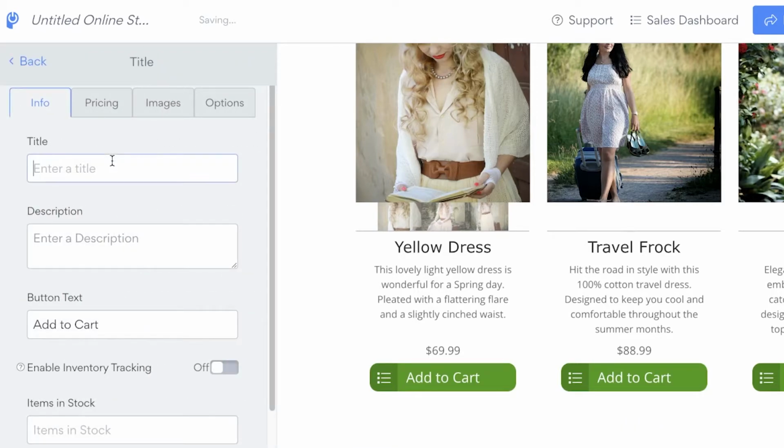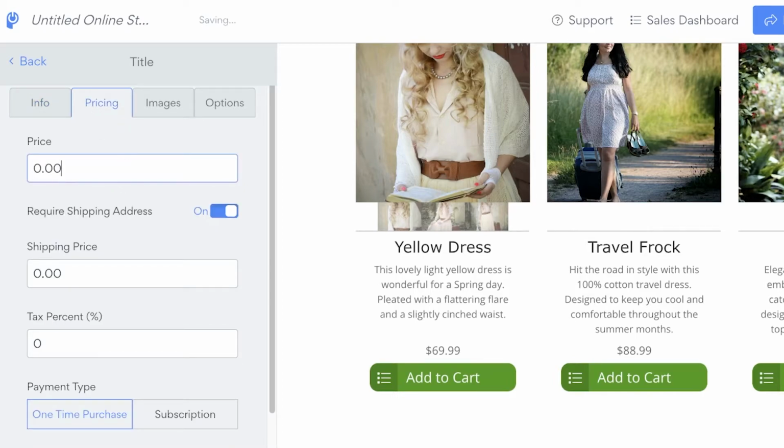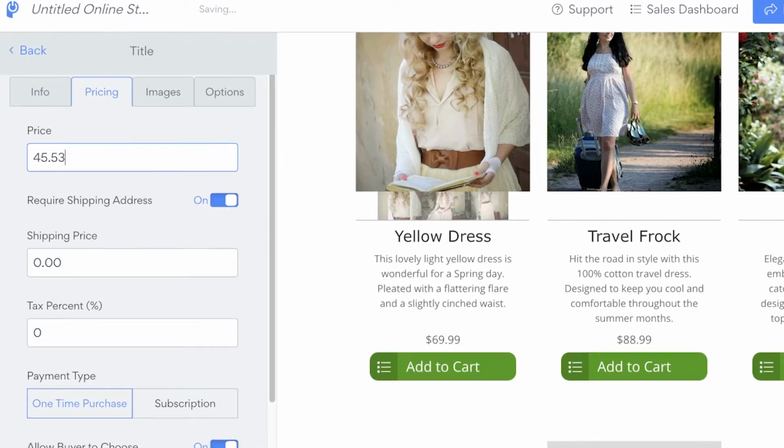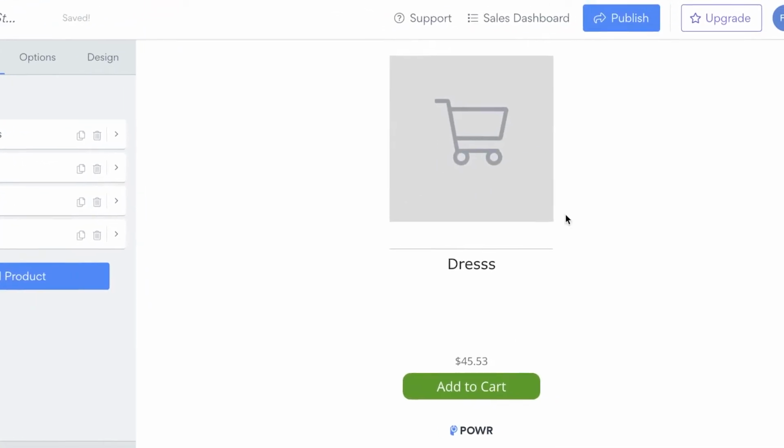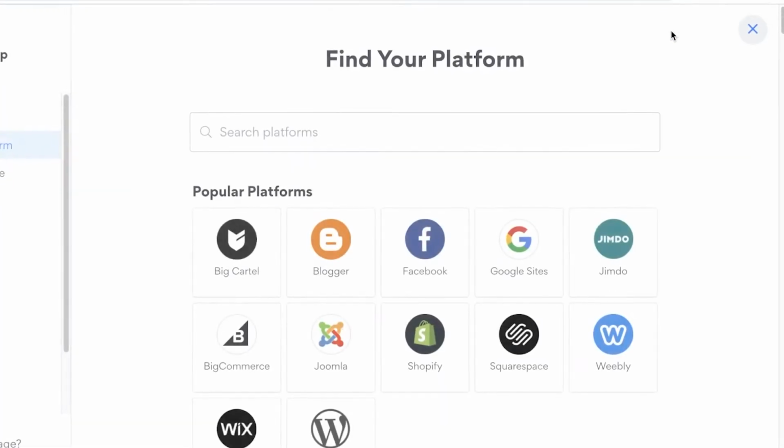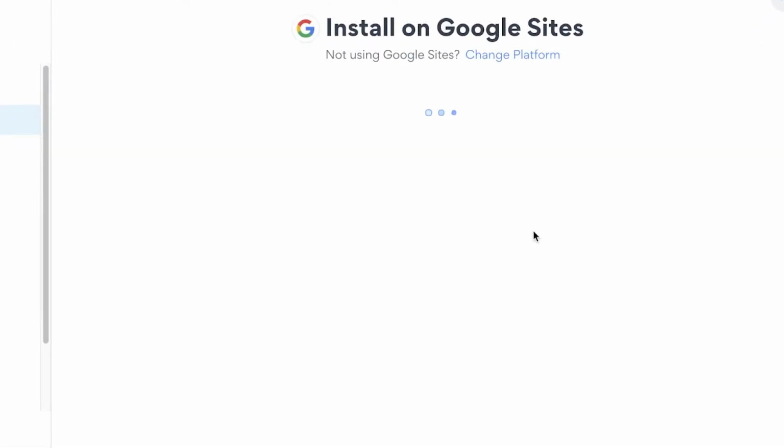So from here, I would actually be adding my products, like my, I'll say, dress, and then I would add the price of the item. So we're just going to do that, and then you're just going to click on done over here. We're going to click on publish. We're going to click on find your platform, and then we're just going to connect our power.io software onto our